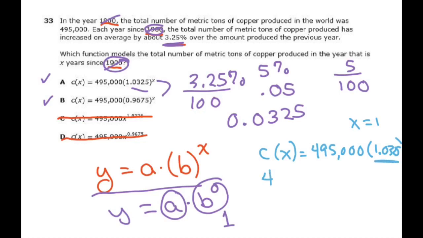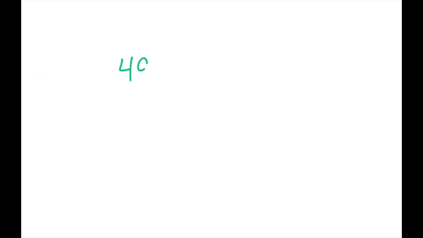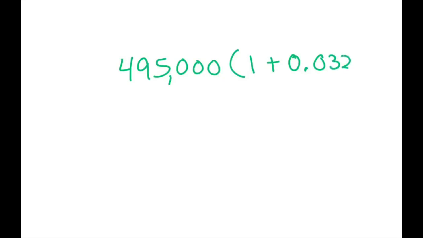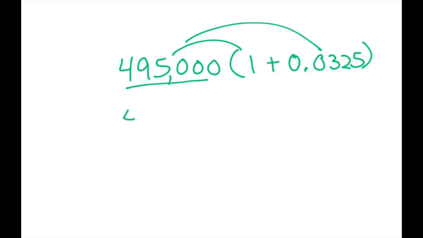When you write 1.0325, all that means is 1 plus 0.0325. So when you multiply 495,000 times 1 plus 0.0325, and you distribute, the 1 just means your initial amount, which is 495,000,